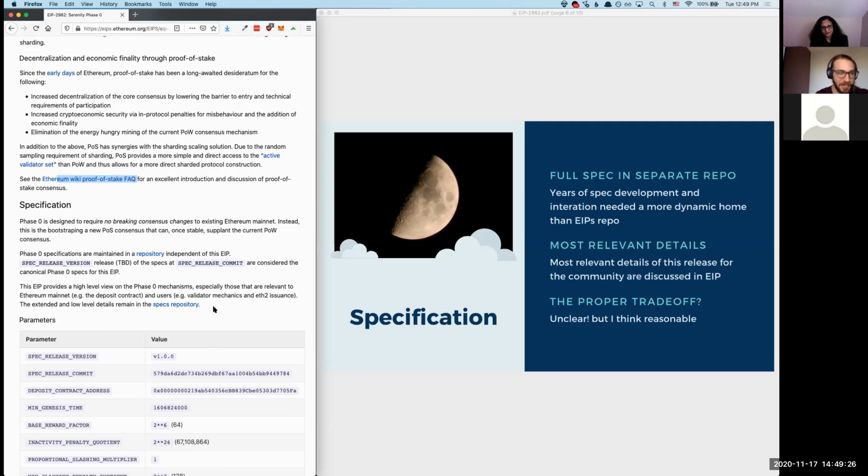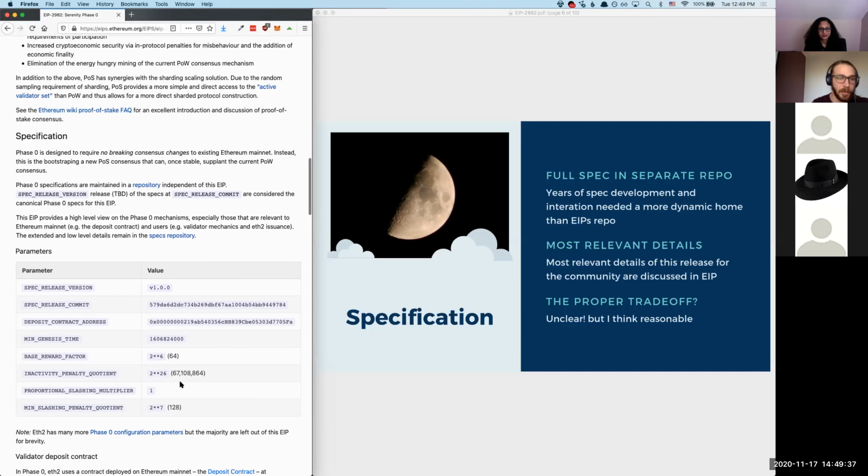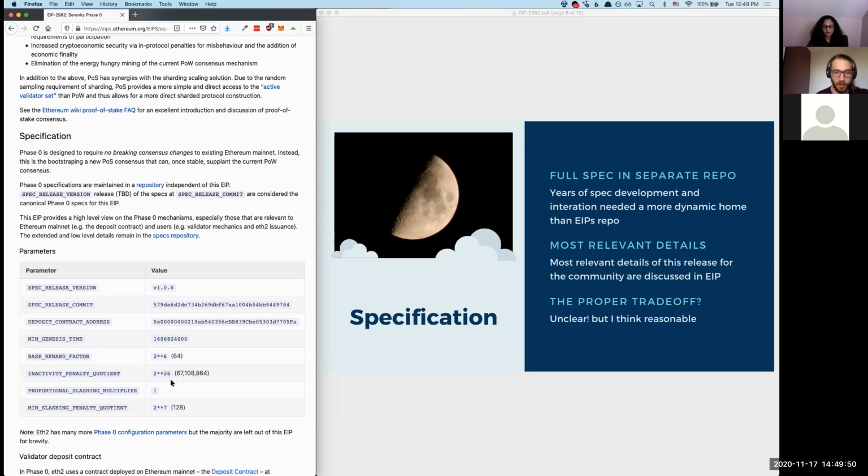So here we are. So specification, no breaking consensus changes to existing Ethereum. We're bootstrapping proof of stake in parallel. And what we're doing here is bringing in some of the more relevant details, especially to the community. There's a lot of fine details in the specification, like how are validators managed in the state, how does hashing happen, what are the granular details of the state transition function, like what is a valid operation, all sorts of stuff. That probably isn't too important for